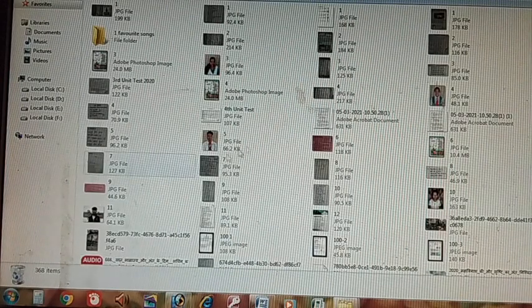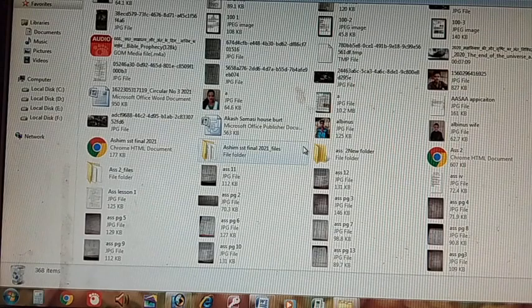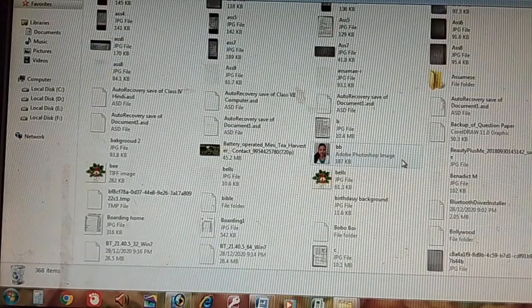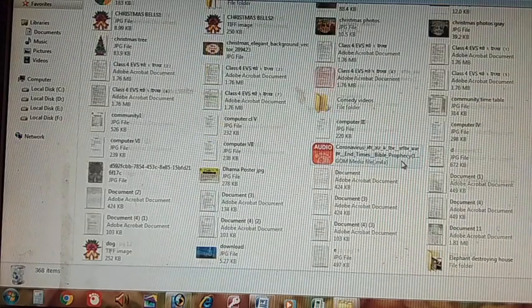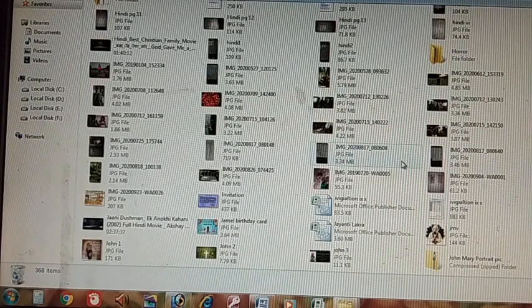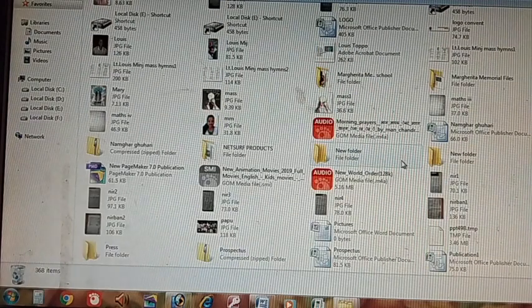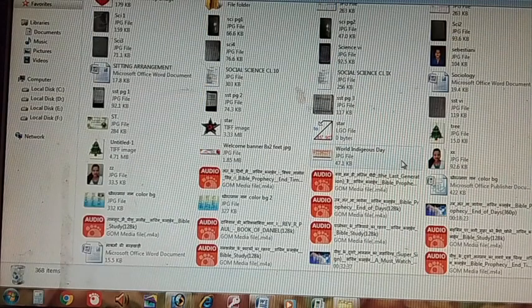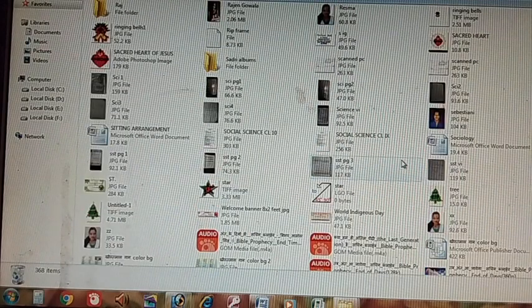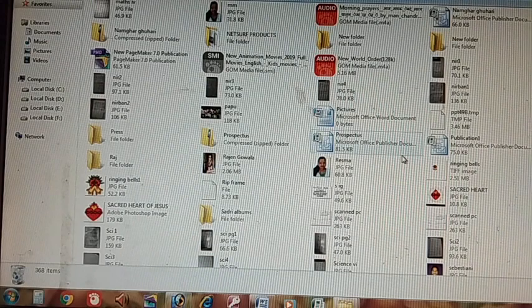Okay, here you can search. The name of the folder was Raj. Okay, remember? Do you remember? The name of the folder was Raj. Here, did you see? Here is Raj folder, which I recently deleted, and it is stored in the recycle bin. This is recycle bin folder drive. Here is the Raj folder.